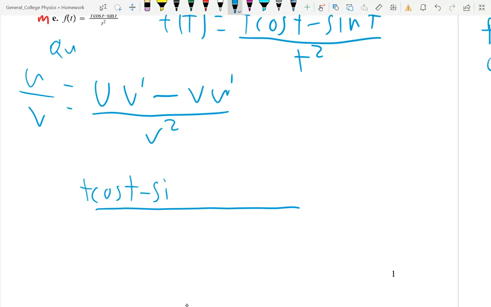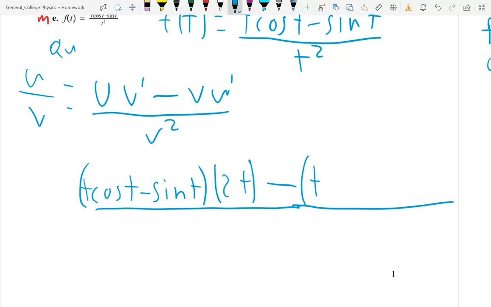Minus sine t multiplied by t squared, which will move the exponent down, so it'll be 2t, minus, let me extend this, v, which is just t squared, times u squared, so that means, okay,